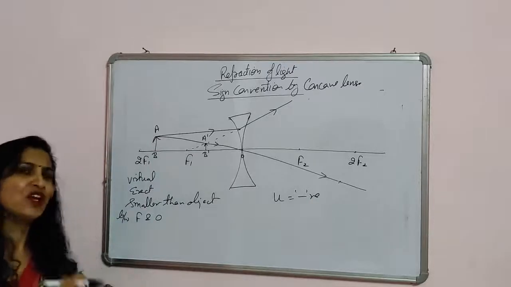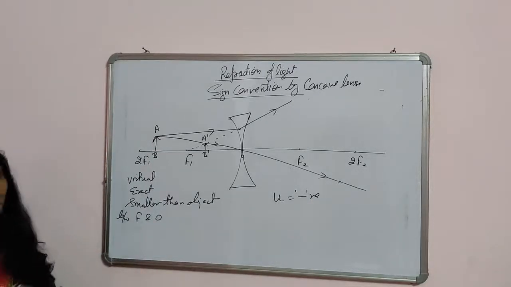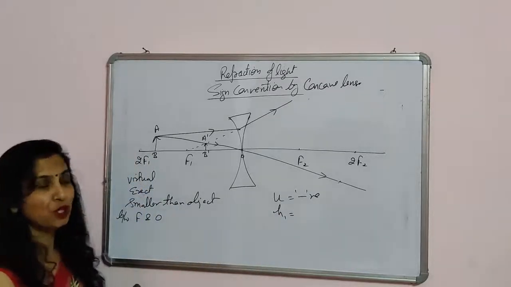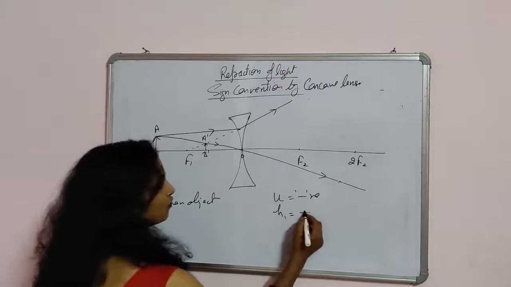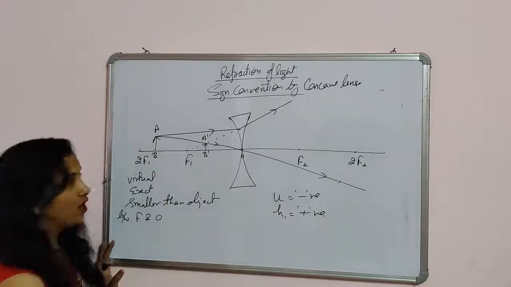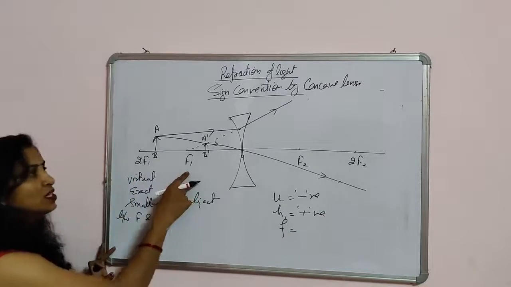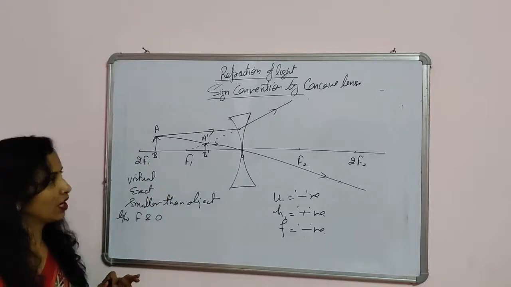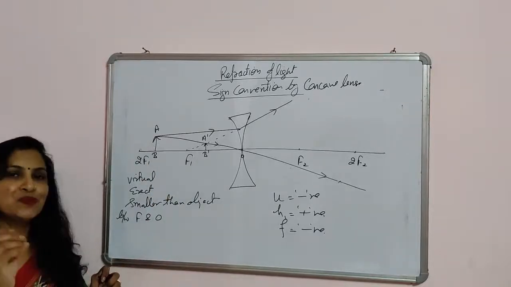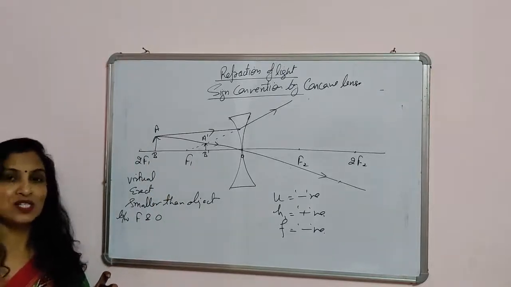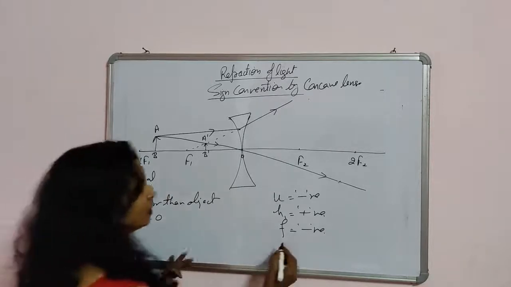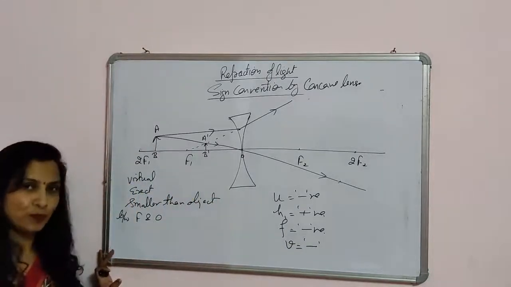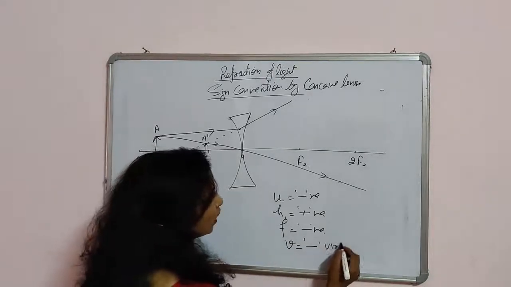Okay. Since we know that the object is always here, we will say u will be negative. Always negative. u is always negative in any mirror or in any lenses. What about the h1? h1 is always positive because we always place the object erect. So it's always positive. On the left-hand side, we will say it is negative. Now, it always forms the same type of image, that is virtual and erect. So we will say that v is always negative. A virtual image is formed, it means it is towards the object. So v is negative, it means virtual image.